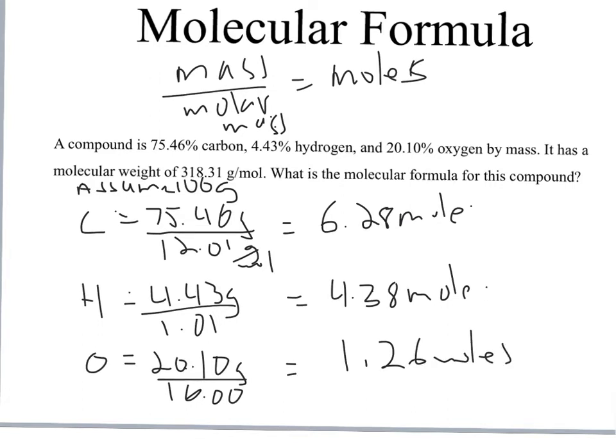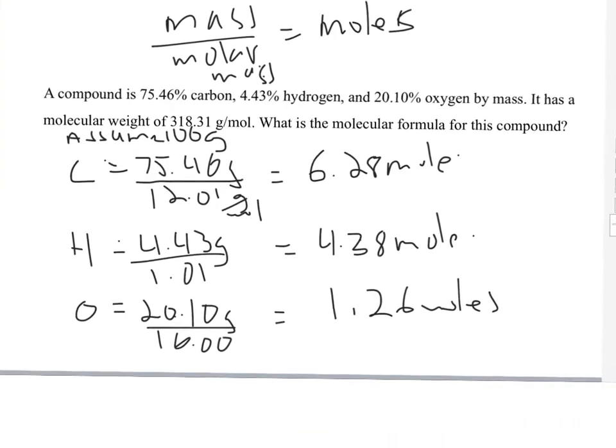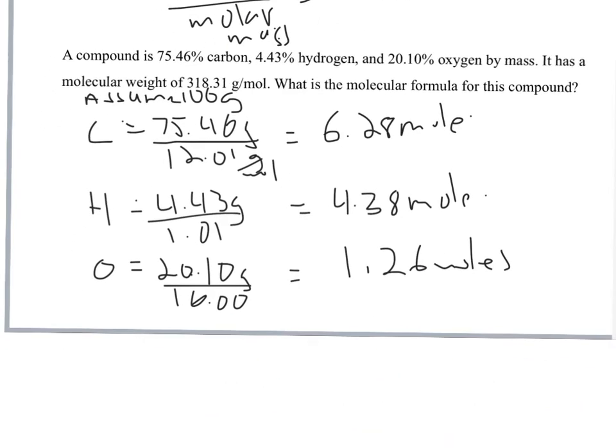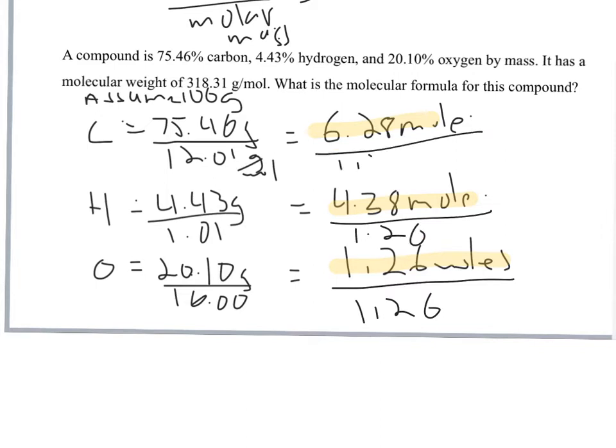All right, so now we're at the stage where we are going to divide through. We need to change these values here to whole numbers. And the way that we change them to whole numbers is we divide through by the lowest number. So we're going to divide through by 1.26. Divide through by 1.26. And that is going to lead us with 1,